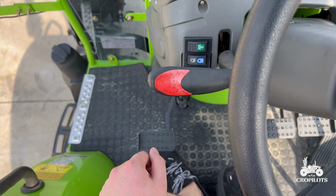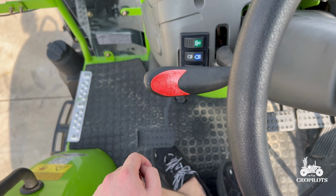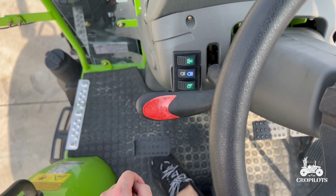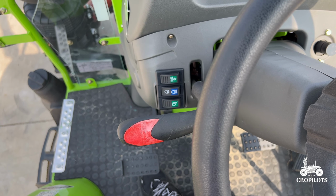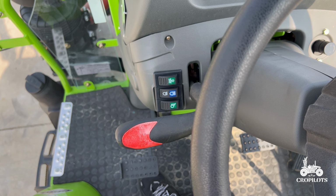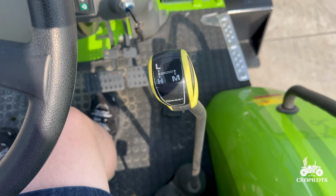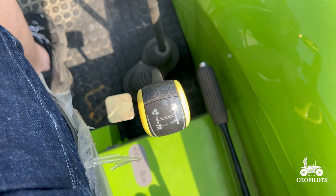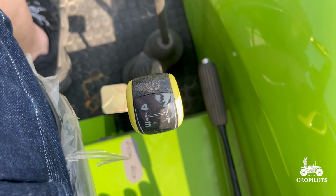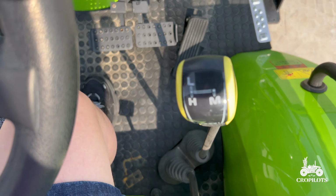Experience the precision of Cropilots 12+12 shuttle shift. Designed for a versatile range of tasks, from tilling and sowing to hauling, this mechanism offers a dynamic spectrum of speed choices, ensuring optimal operational efficiency. Furthermore, it caters to various terrains with unparalleled adaptability. Whether navigating flat plains or challenging terrains, this shuttle shift ensures consistent peak performance, embodying our commitment to tailored engineering